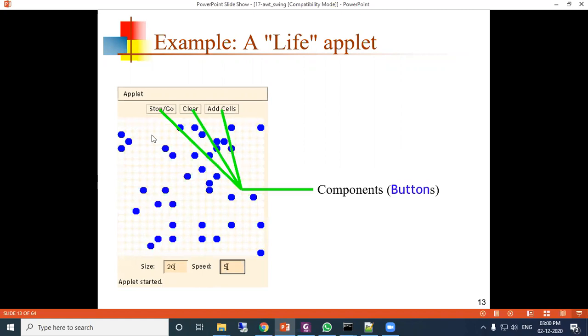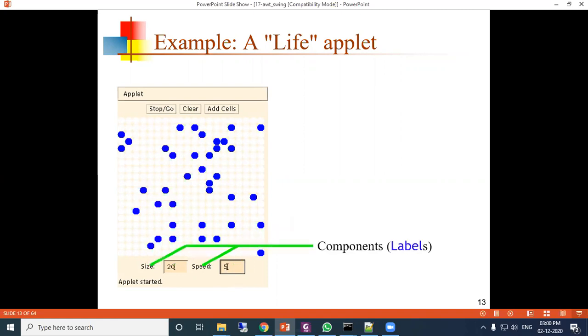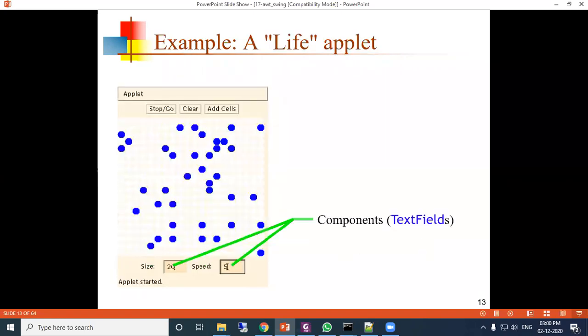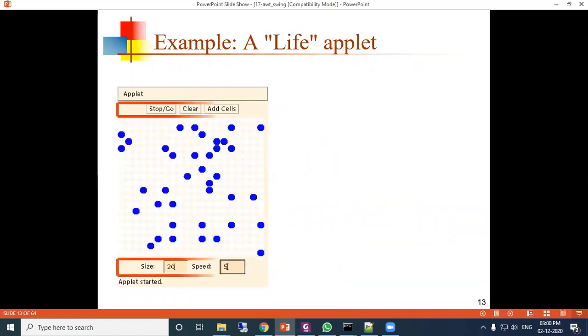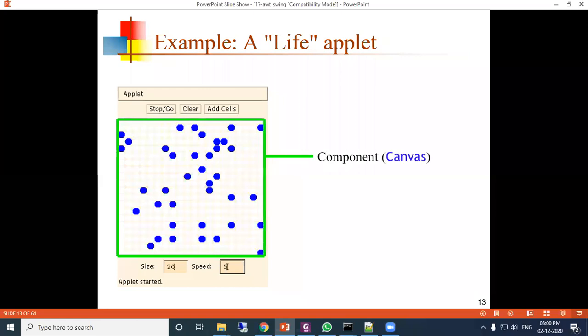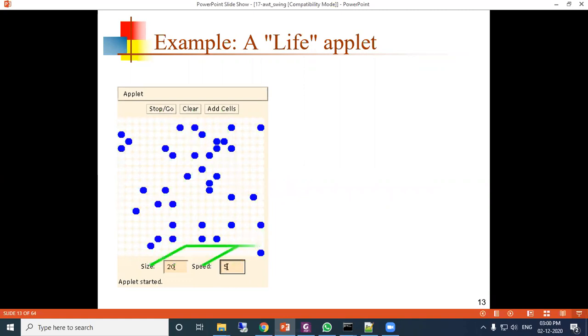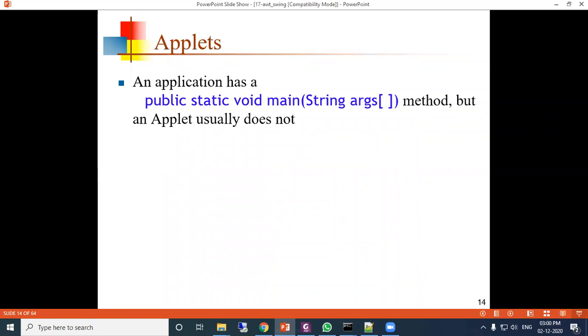Then buttons, and the text field where you can edit or type something. Labels are also components. Just go through again: this is your applet container, then the panel container, then the canvas component, then button, text field, and label components.